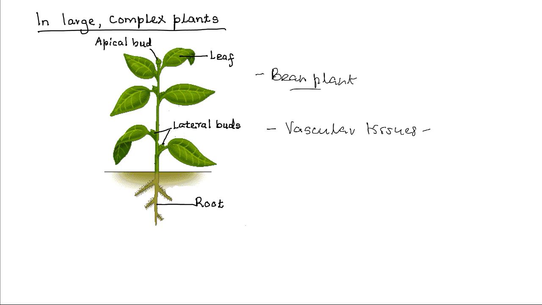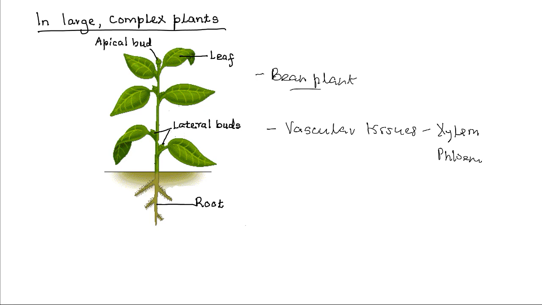Vascular tissues or vascular bundles that comprise xylem that transports water and mineral salts from the roots to the leaves, and phloem that transports soluble food substances. So you see that